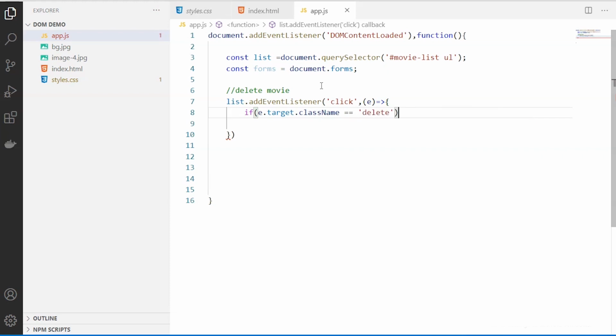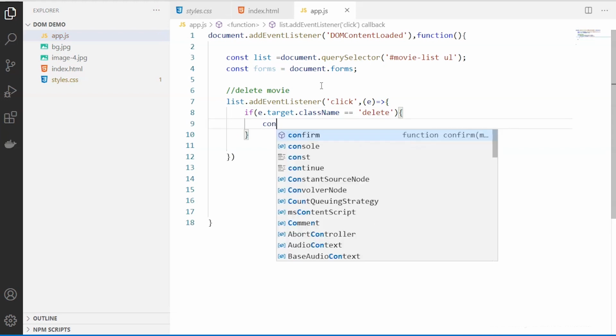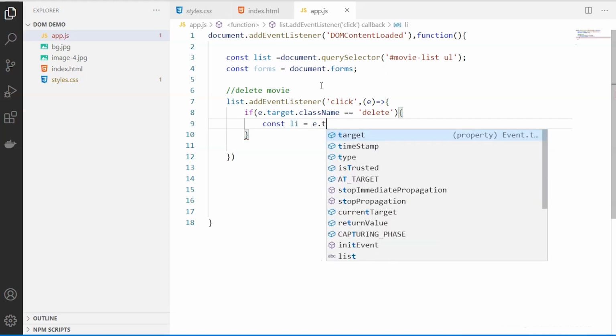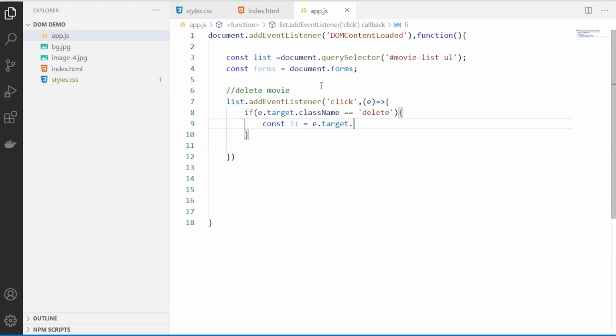If it is true, then I'm creating li, which is your list item, and I'm trying to remove that particular element. See, when I have to delete the element, it has to delete the entire li, including the span which is the movie text, and one more span which has the delete button. So I have to delete the parent element.